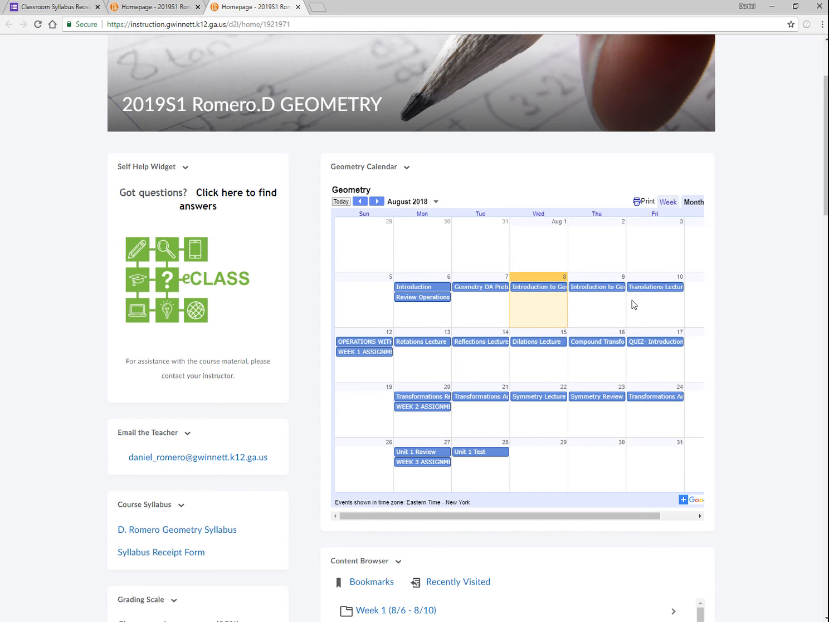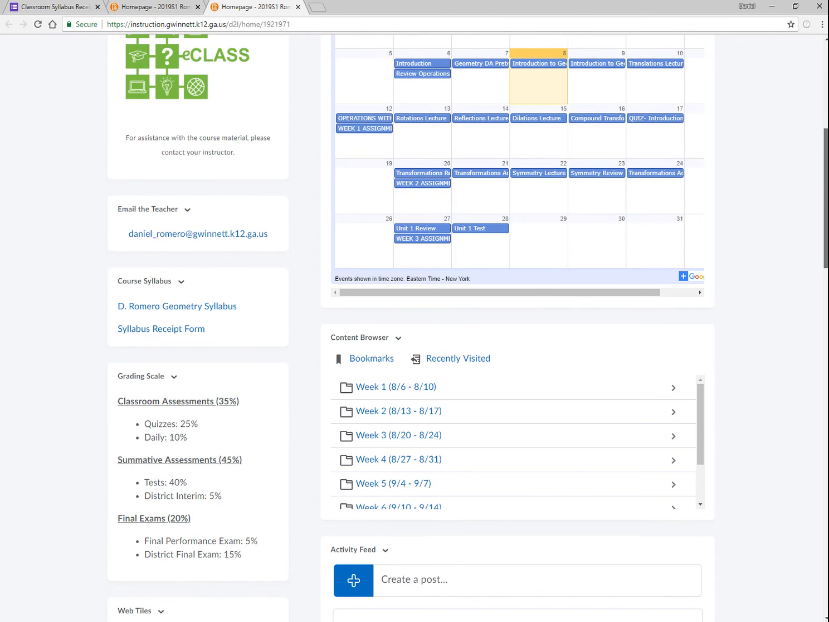Something I would definitely recommend to you, especially if you're somebody who is organized and very dedicated, is to walk in each day with the notes for that day already in your notebook. But how can I do that? Well, here's how. Right underneath the calendar, even on yours,